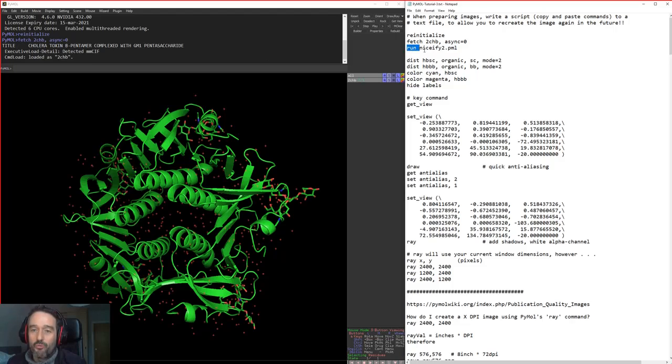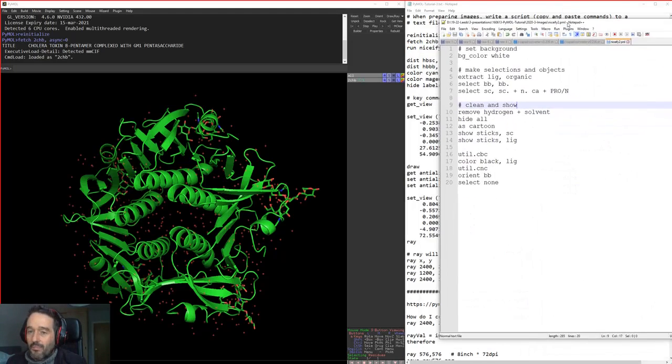You can just type the word run and then your script, and PyMol scripts normally have a .pml extension. This is the particular script where we're going to make the background white. We're going to extract our organics, which are normally our ligands, and call that lig.